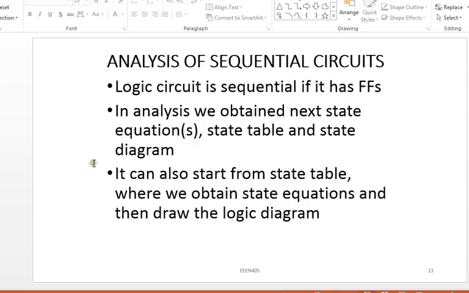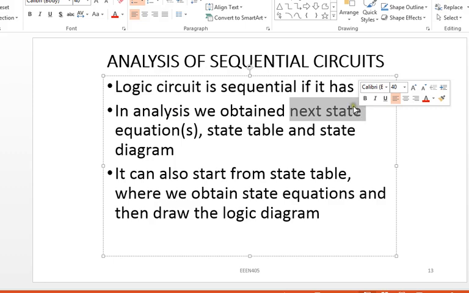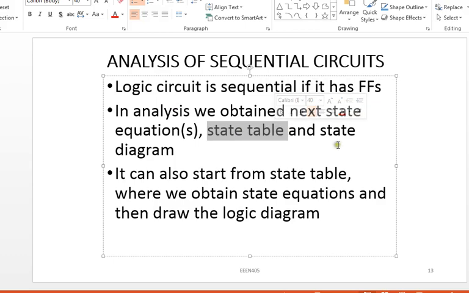So the next thing is analysis of sequential circuit. If we are given a sequential logic circuit and we are asked to analyze it, the first thing we do is to investigate and see whether it is sequential or not. And how do we identify that? We check for flip-flops. Wherever you see a logic circuit containing flip-flops, then you can conclude it is sequential in nature. After that, you can be asked to obtain the next state equations for the circuit. You can also be asked to obtain the state table from those equations, and finally draw the state diagram of